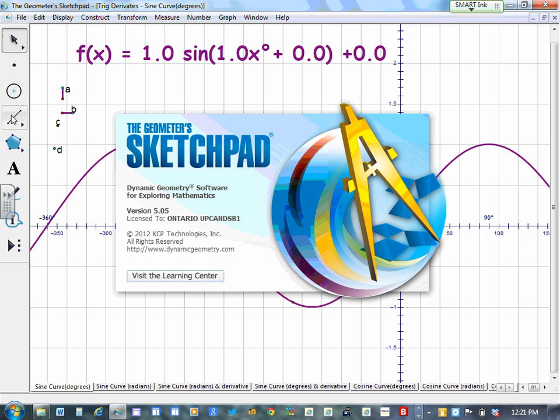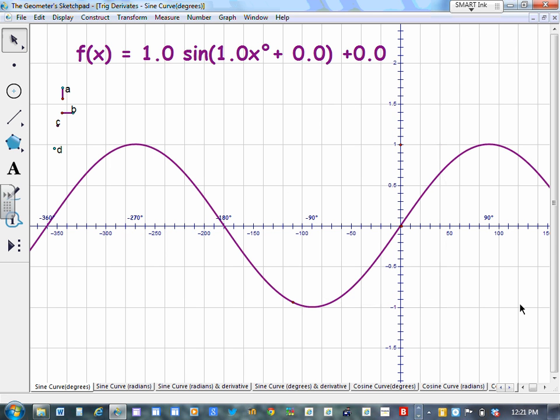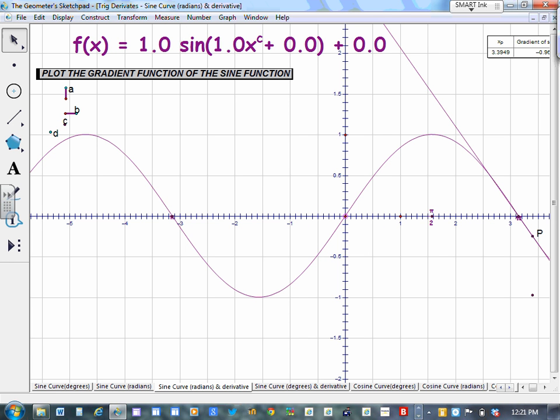So I'm just going to click on this link here, and it's going to take us to a Geometry Sketchpad file. And this particular file, I'm going to select, let's see, we want the sine curve in radians as well as its derivative. So what you can see is the graph of y equals sine x, or f of x equals sine x. The equation at the top, that you can see here,